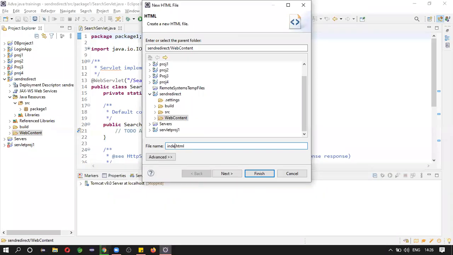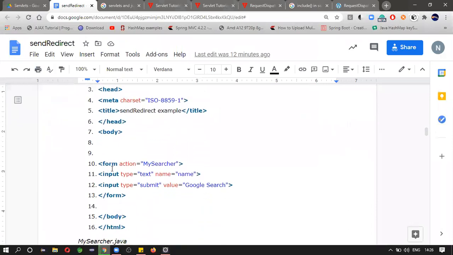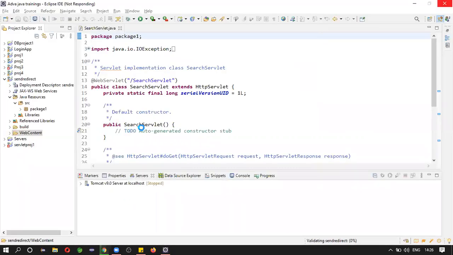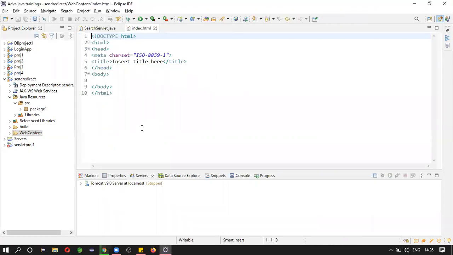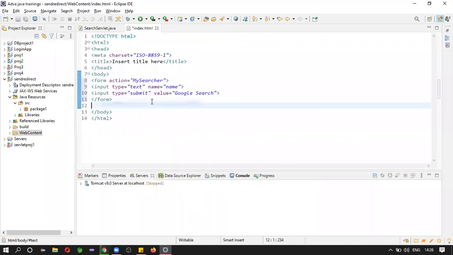He's taking index.html, so let us take the same, and we need only this. Copy. Paste.